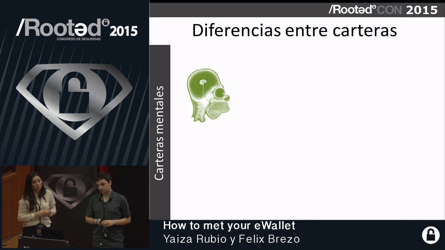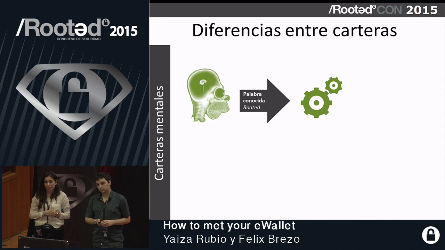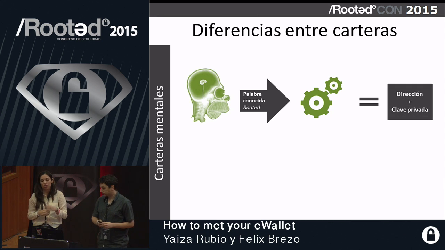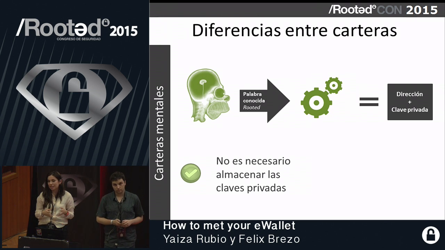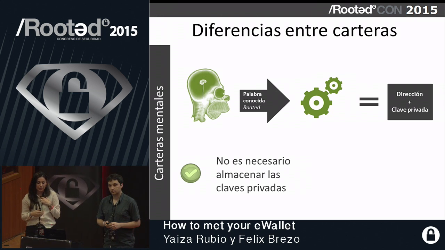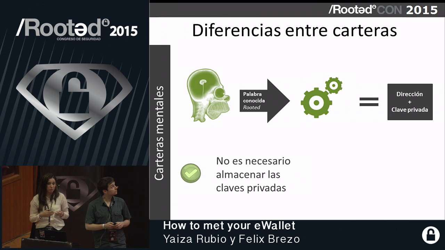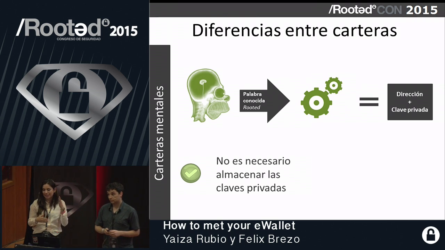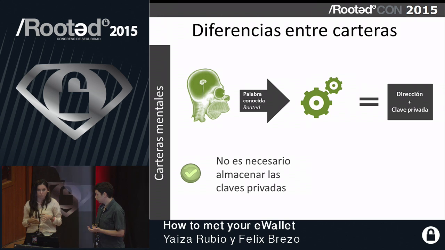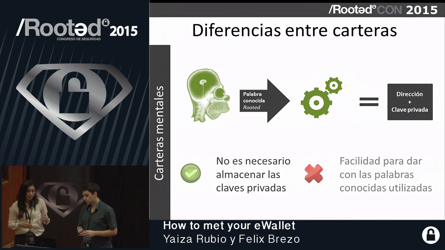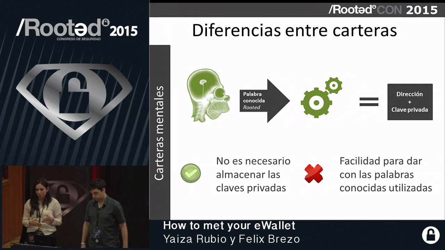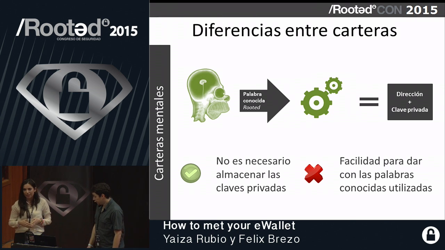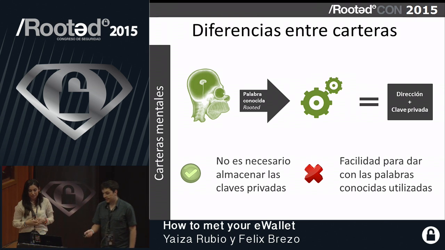Now let's move on to the mental wallets, generated from a sentence, code, a date, a word. So what are the big drawbacks for these mental wallets? It is not necessary to store the private keywords or password at any place, but the drawback is that even though it's easy to remember, this private word is going to be easy for other people monitoring dictionaries in order to create private passwords.